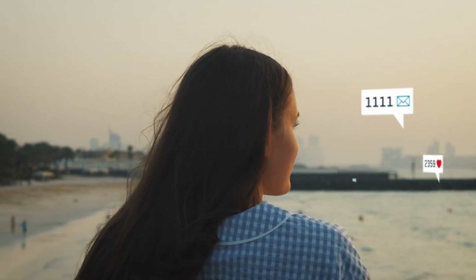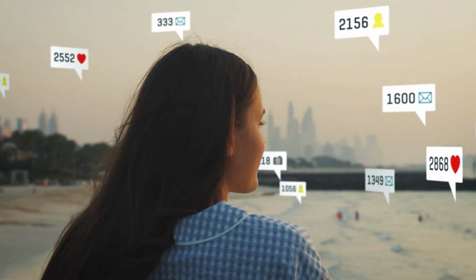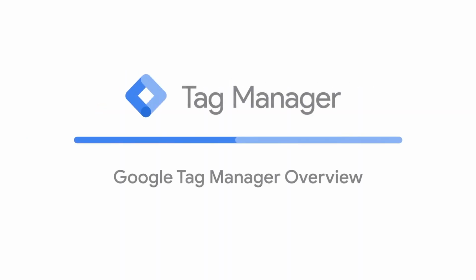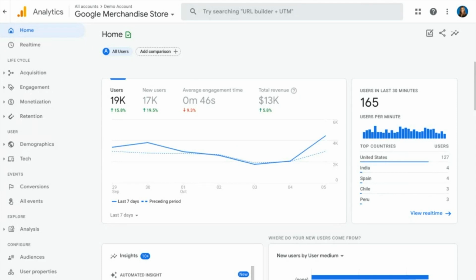It can be difficult to put a target on exactly what you're trying to achieve with your business. From sales, messages, engagement, views, or website traffic, once you know what you want to achieve, it becomes much easier to start building actionable strategies. This is where Google Analytics and Tag Manager come in, an extension of your Google Business Suite that allows you